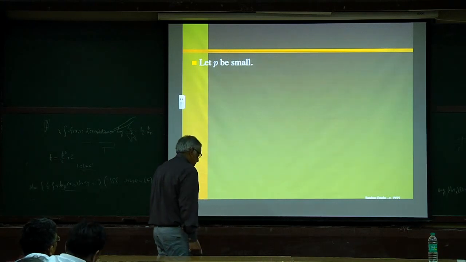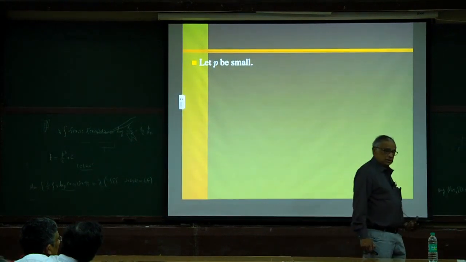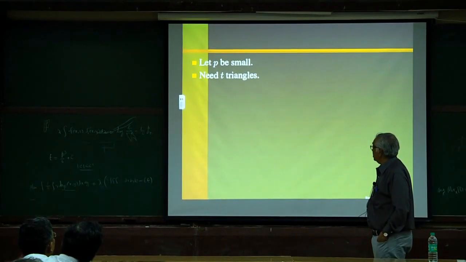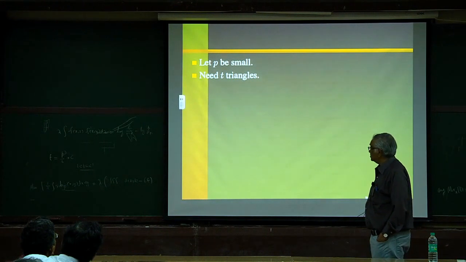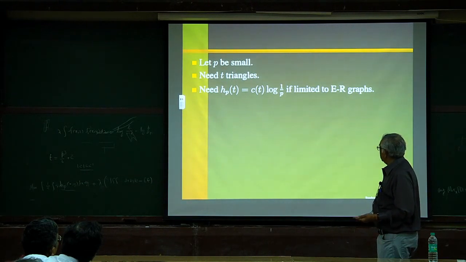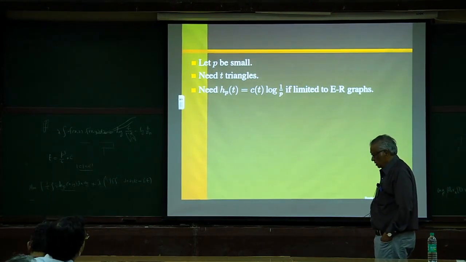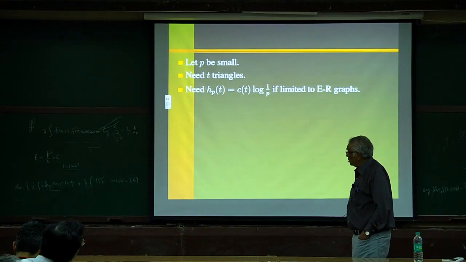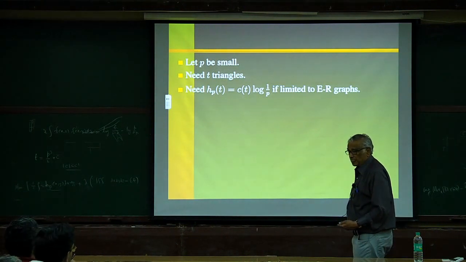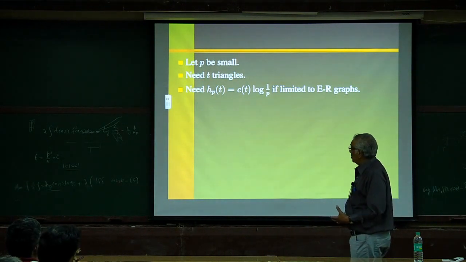So the other argument is to show that sometimes a clique is better than simply increasing the number of edges. Let's look at p small, and you want t triangles. And you can compute, if you are limited to ER graphs, roughly how many edges you need. You can work out. It's an ER graph, so the probability should be, you want the probability to be 6t to